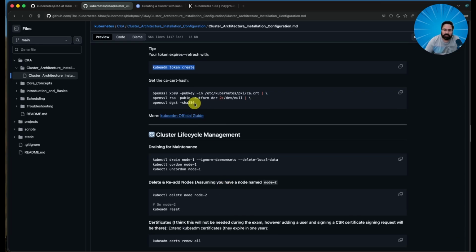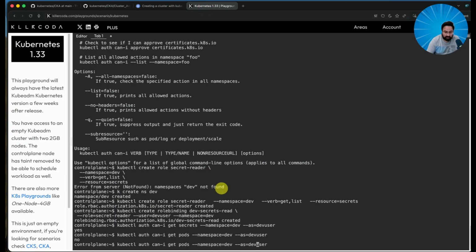cluster. Next is, yeah, this is something you should know, because there are a lot of certificates involved when you are working on Kubernetes. You should at least understand what these commands are, or what they mean, and how to run these. Most of them, during the exam, you should be able to, I don't know if it will